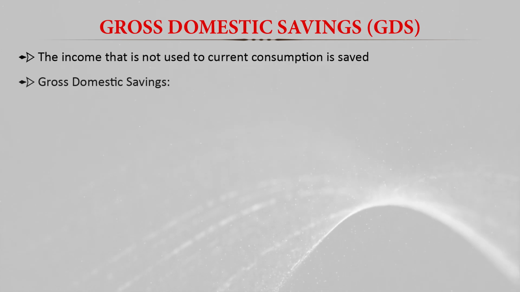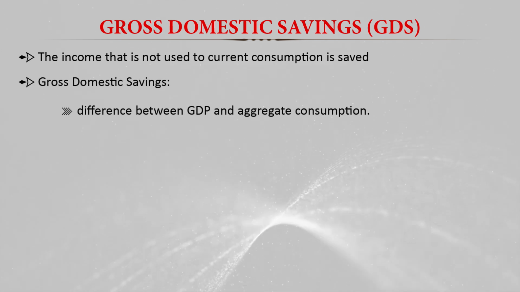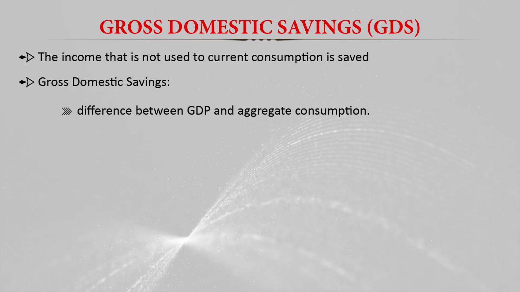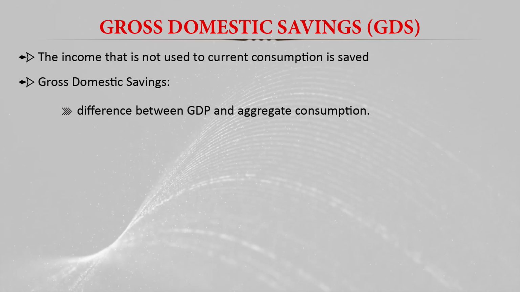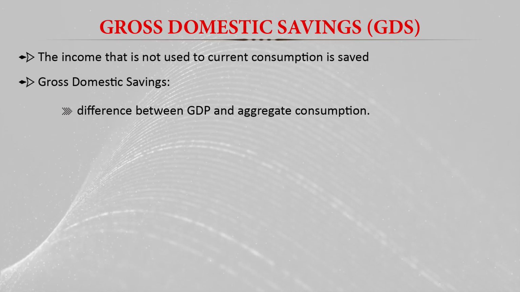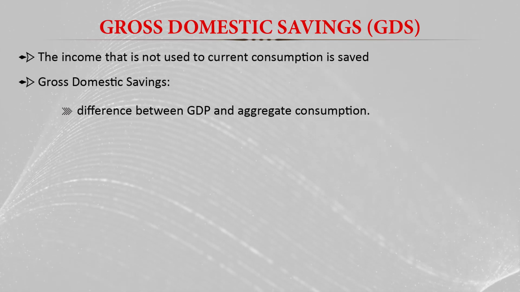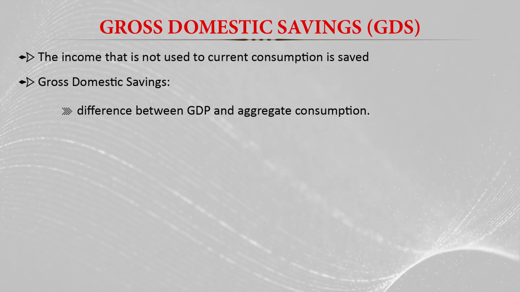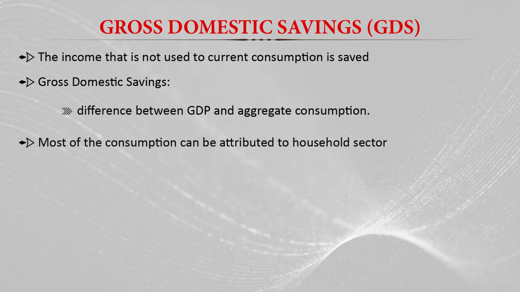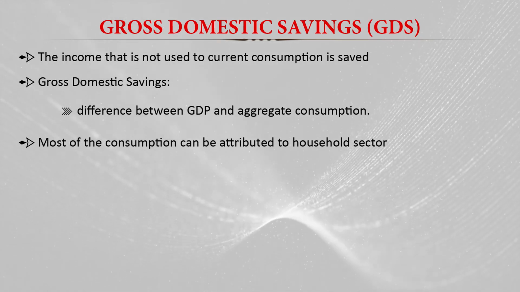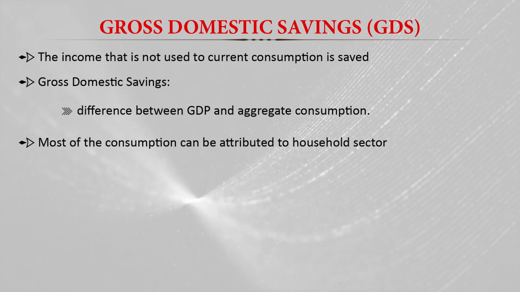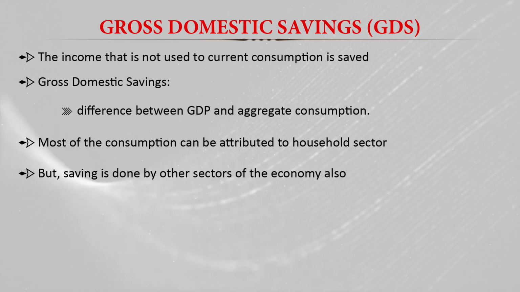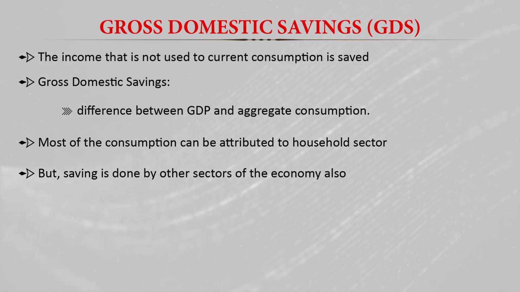Basically, gross domestic saving is the difference between the gross domestic product and the aggregate consumption. So GDP minus the aggregate consumption is basically the gross domestic saving. And most of the consumption cannot be attributed to the household sector, but saving is done by the other sectors of the economy also, like